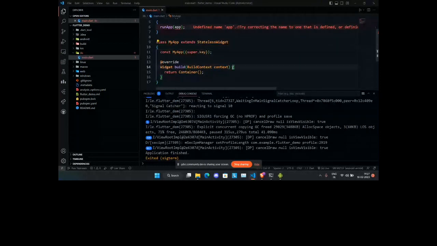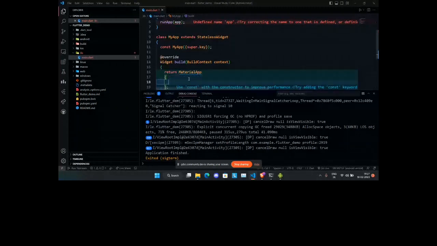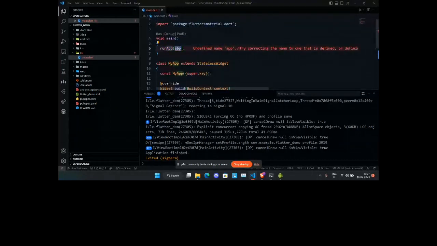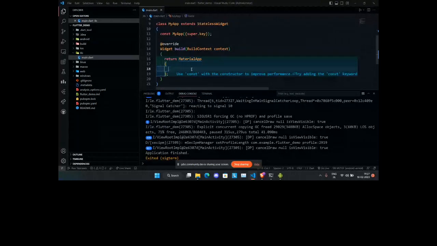Then here I'm gonna return MaterialApp. I'm not gonna add any const right now, because I don't wanna explain why I'm adding const yet. Once you know what Flutter does, then you can know why we are adding const and all of this.